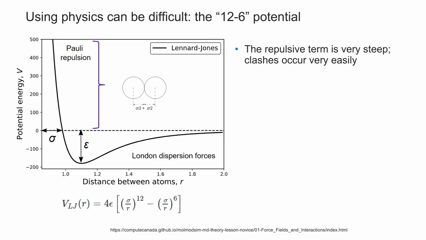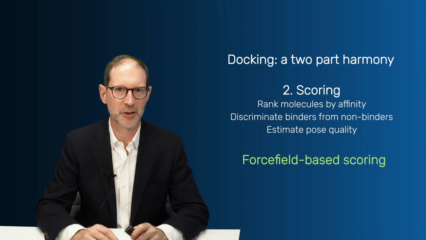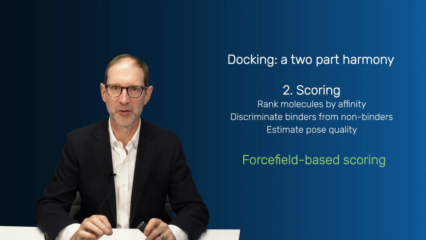One is to look at the 12 part of the potential and make it less steep, to make those clashes less penalizing. An adjustment to say 1 on R to the 9 may be helpful. In other cases, one can adjust the radius down from its physical distance to something smaller. Again, these are non-physical terms, but they help the force field be more applicable to the docking problem. One could, of course, refine the pose against the force field and rescore, but that's much more computationally intensive than the other two. So this has led a lot of developers to move away from a full physics-based force field